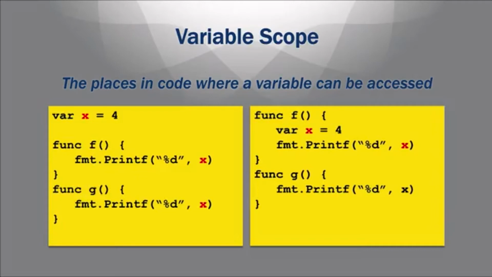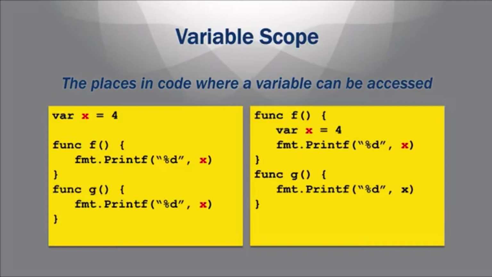Now in the next block of code, you get a problem. Again, you've got function f and function g. But this time, variable x is defined inside function f, but not inside function g. It's only inside f. So function f will print properly because it'll look at x and resolve it. Since it's defined locally inside its function, it'll say, oh, x is equal to 1, and it'll be happy. But function g will have no reference to x. It won't be able to see that, and it'll throw an error when you try to run it because it won't know what x is.